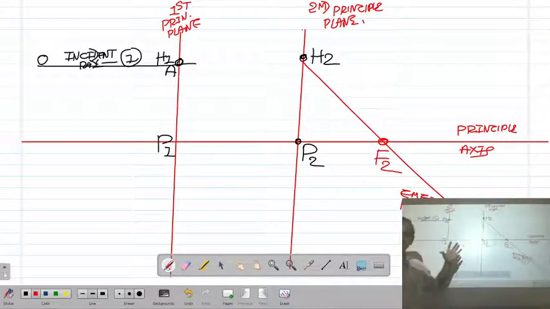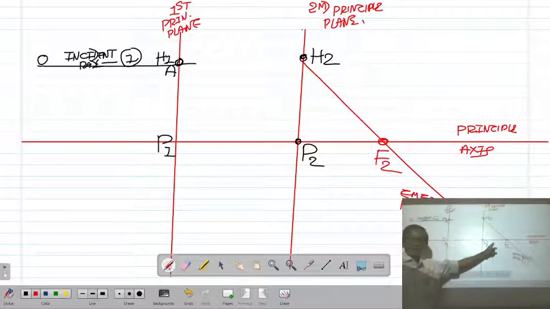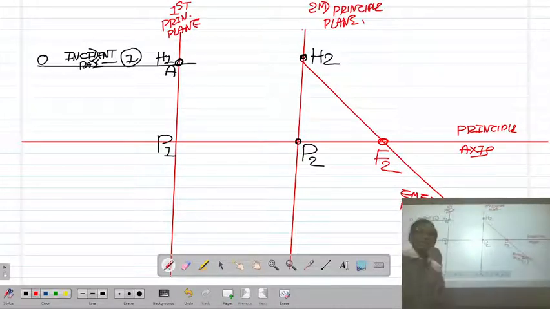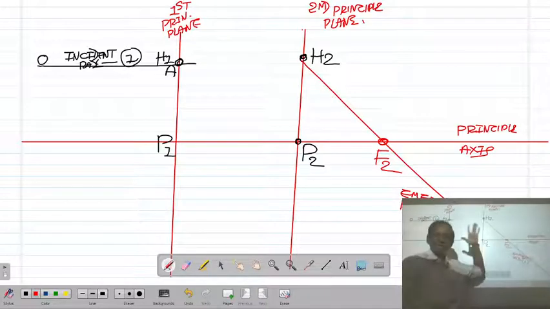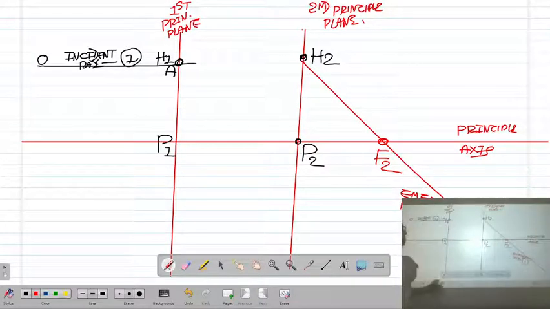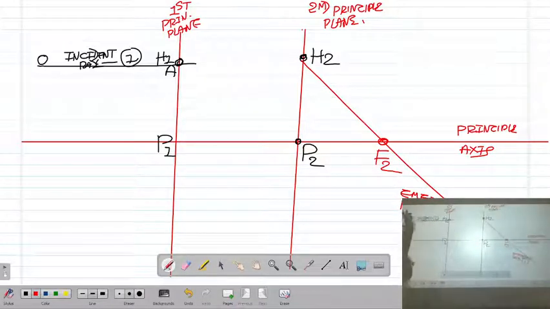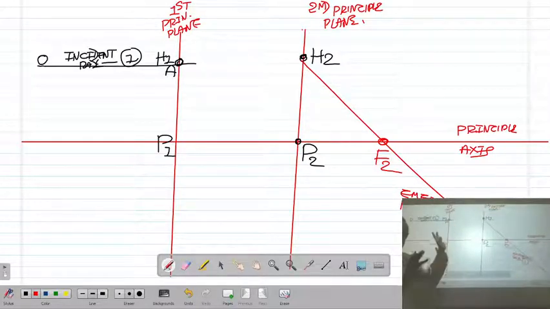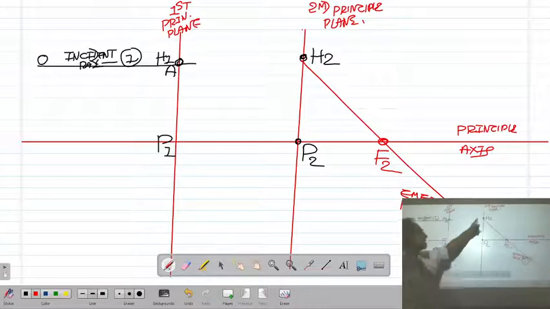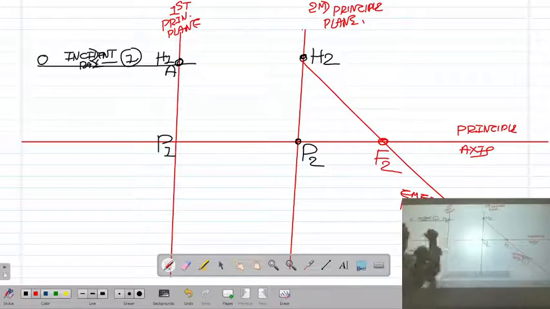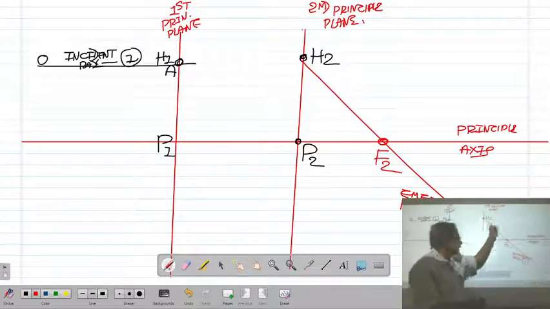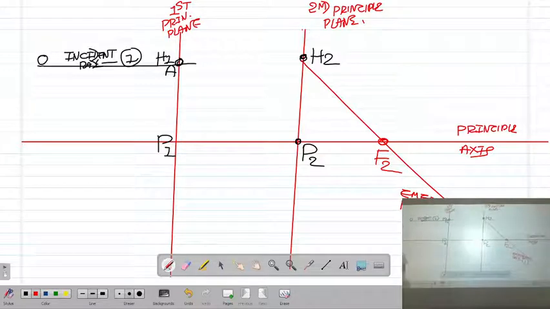Okay, now I am drawing both the figures together. We have defined the first principal point P1 and second principal point P2 separately. Now I draw the combined figure showing the first principal point P1 and second principal point P2, the first principal plane H1P1 and second principal plane H2P2. Okay, so the ray of light OA traveling parallel to the axis and incident on point H1 of the first principal plane appears to be refracted from point H2 of the second principal plane and travels in the direction H2F2. This is the emergent ray.